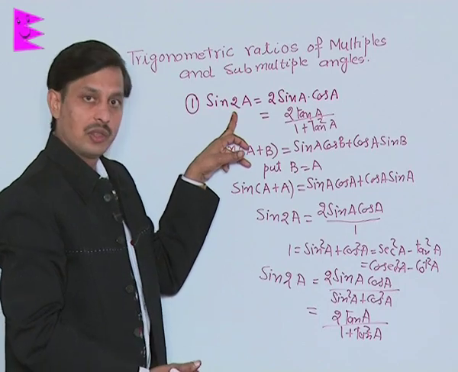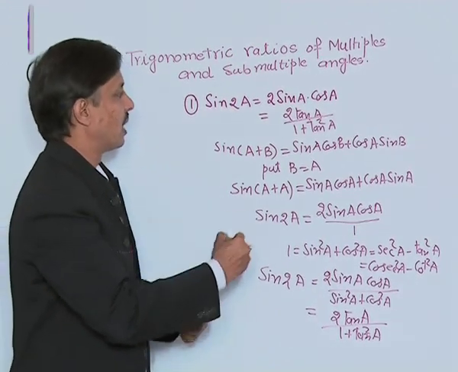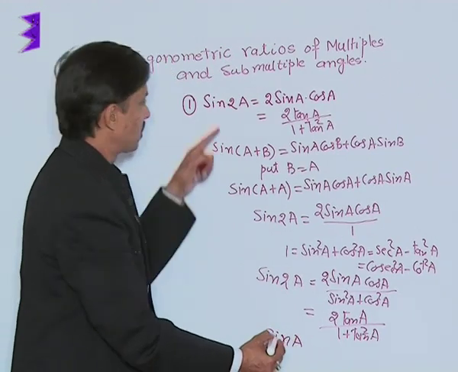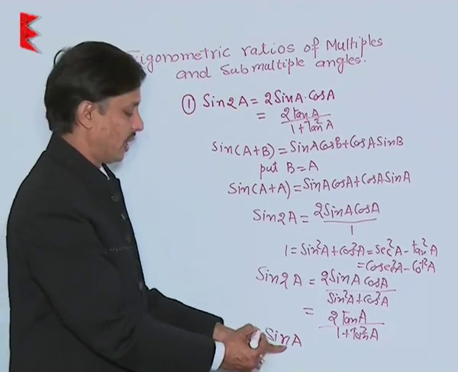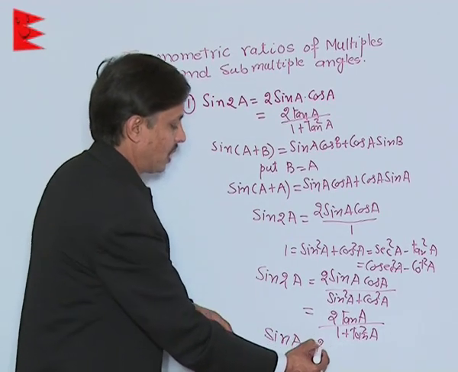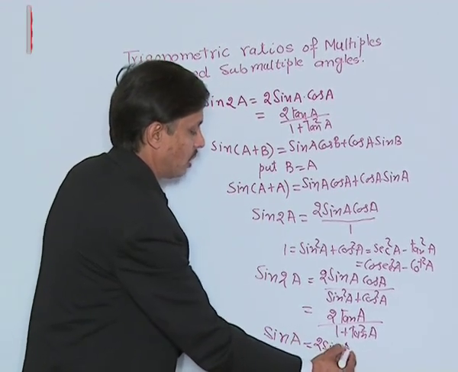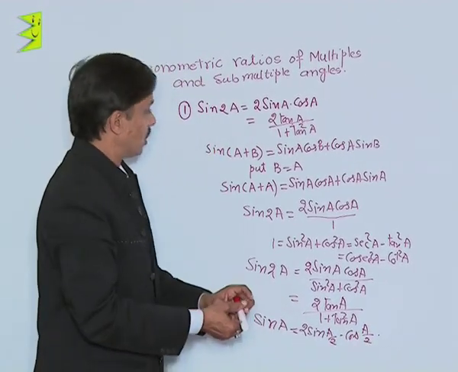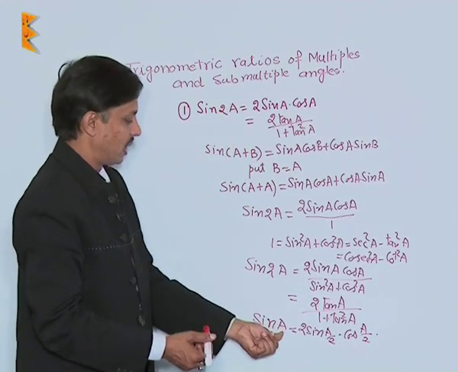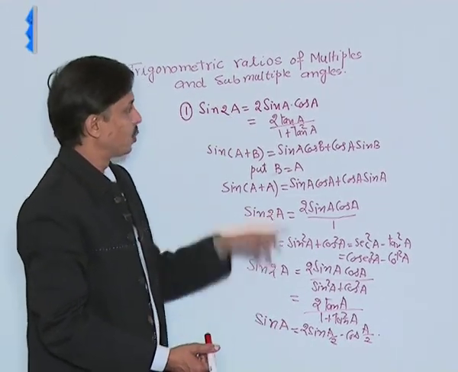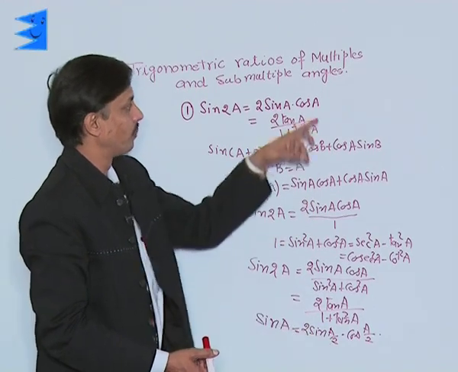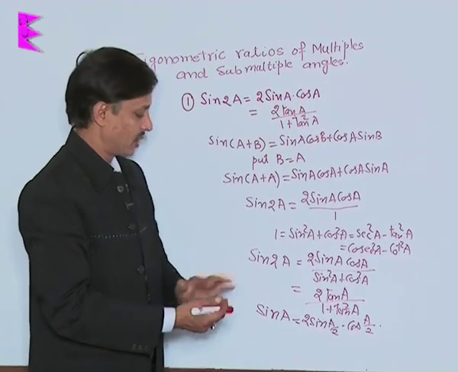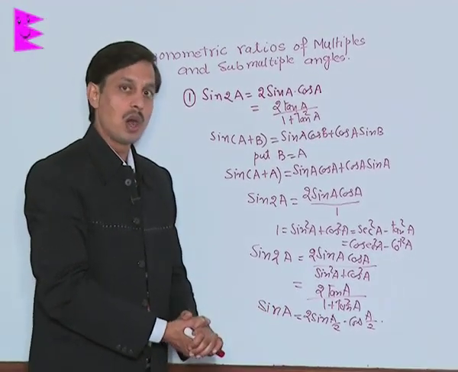In case this is asked like this, what is the result of sine a? In place of sine 2a, if I have written a, then the half angle property will give us sine of a by 2 into cos of a by 2. As 2a is written as a, that means the angle is halved. So in the RHS, a will be a by 2 and this a will also be a by 2. So sin 2a is 2 sin a cos a. So sin A is 2 sin A by 2 into cos A by 2.